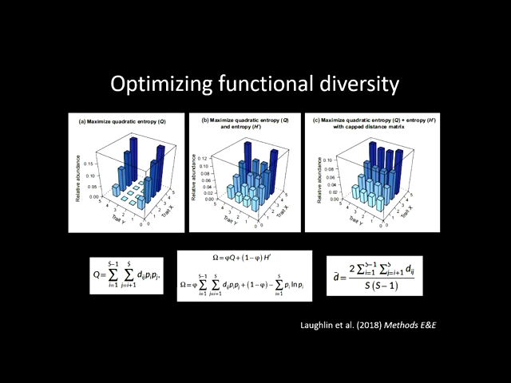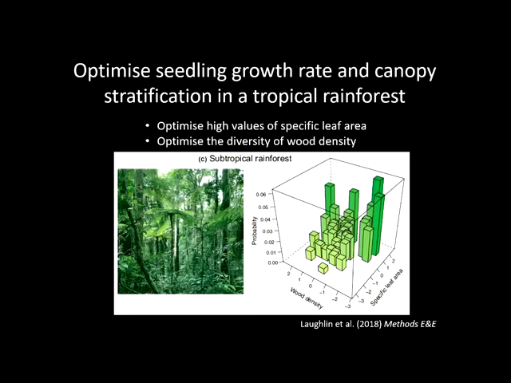Well, what would this look like for a real system of species? Well, here, working with John Dwyer, he has a nice set of specific leaf area and wood density measures from subtropical rainforest species. And these are all the species in this data set. And what we thought was, well, let's see what it looks like if we want to optimize high values of specific leaf area so that all the species that we're planting have relatively fast growth rates. But then we also want to diversify the values of wood density, because some species will grow slower with more dense wood, and that will start to stratify